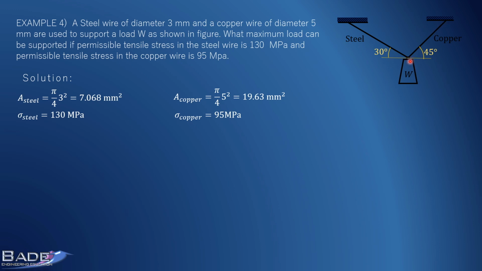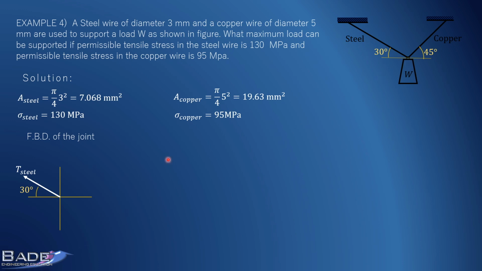What you have studied in statics, draw free body diagram. So let's draw free body diagram of the point where these two wires and of course this load meet. So FBD of the joint, this joint we are talking about, where the load, then steel wire and copper wires meet. FBD of a joint is a concurrent system. That is why this is the x-axis, y-axis, and the intersection is the joint.